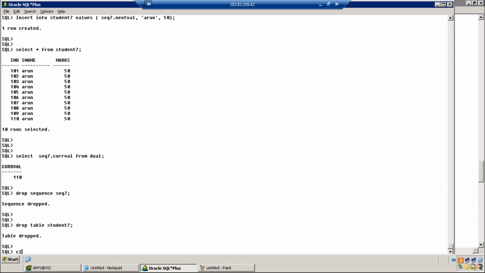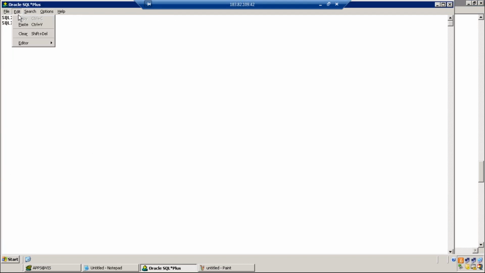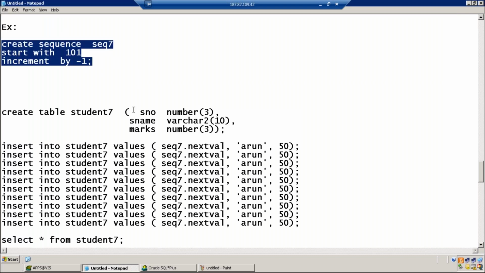Start with cannot be more than maximum value. Okay, you started from 10.